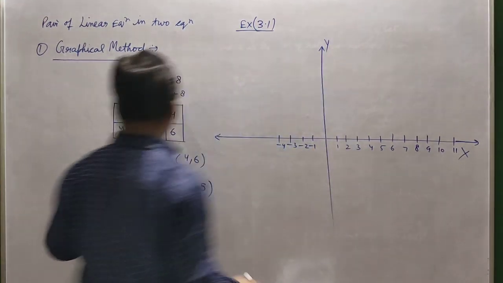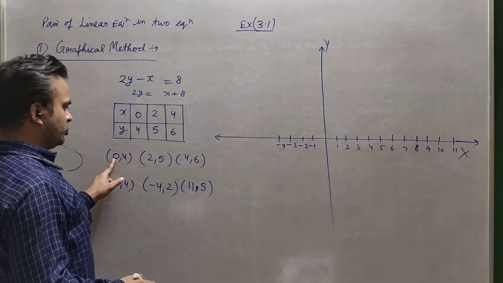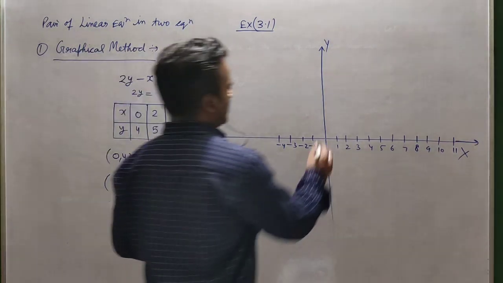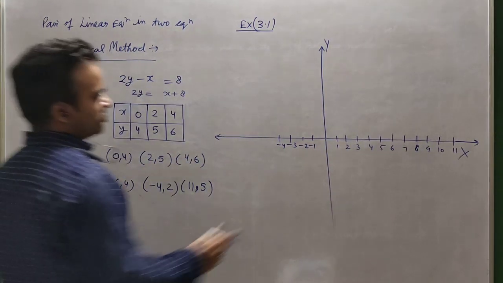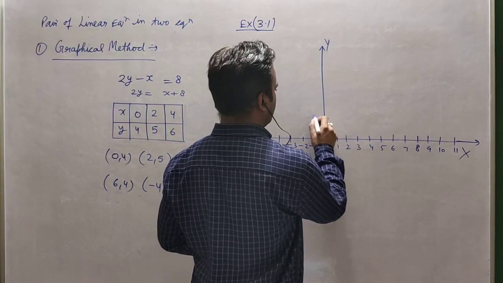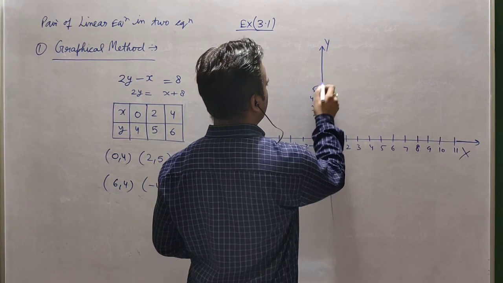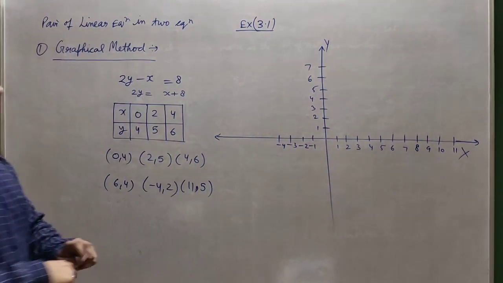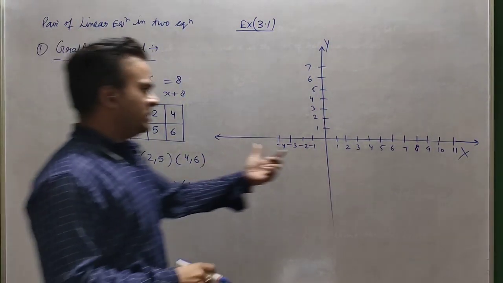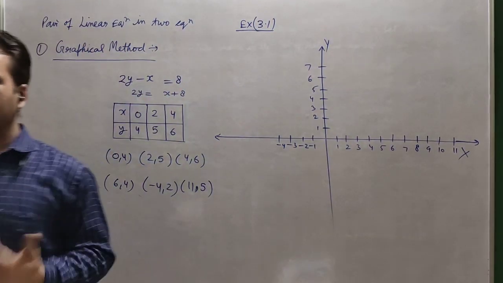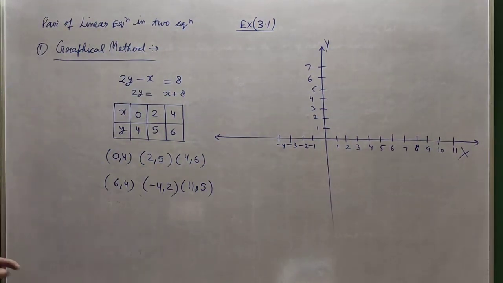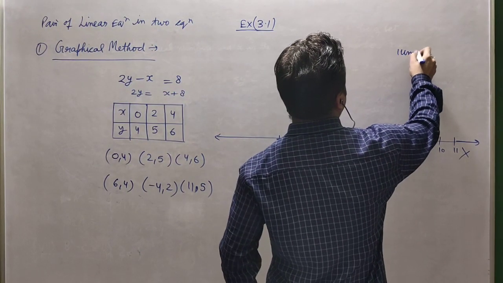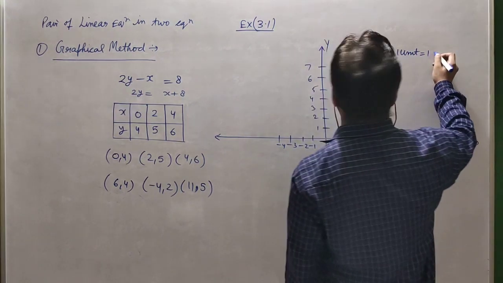Now on y, the second coordinate, this is called the abscissa and this is called the ordinate. With 4, 5, 6, 4, 2, 5, the maximum is 6, and all are positive, I hope, so there is no need to go to the negative side: 1, 2, 3, 4, 5, 6. And you can do one thing. In the graph, the measurement is given, so you can easily take a 1 centimeter gap for each, or sometimes 0.55 centimeter. You can make a scale, and you will write the scale here also. What is the scale? 1 unit is equal to what?